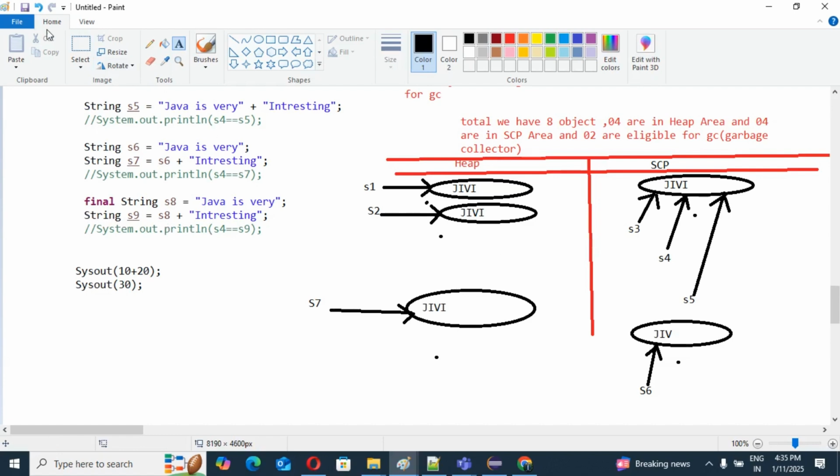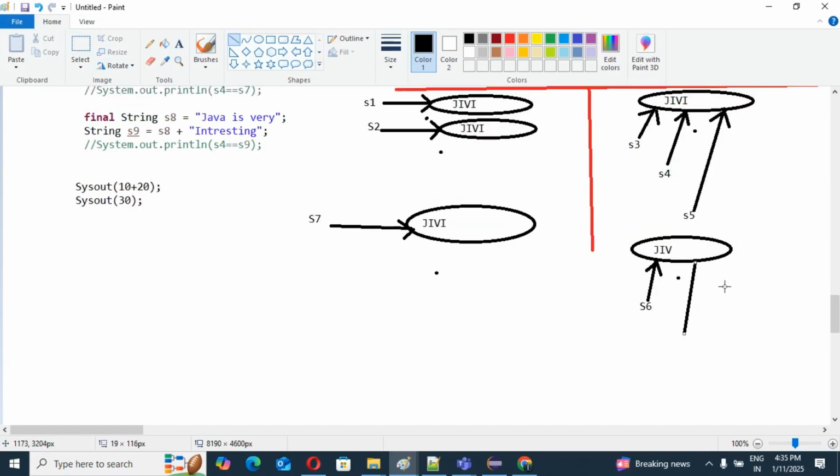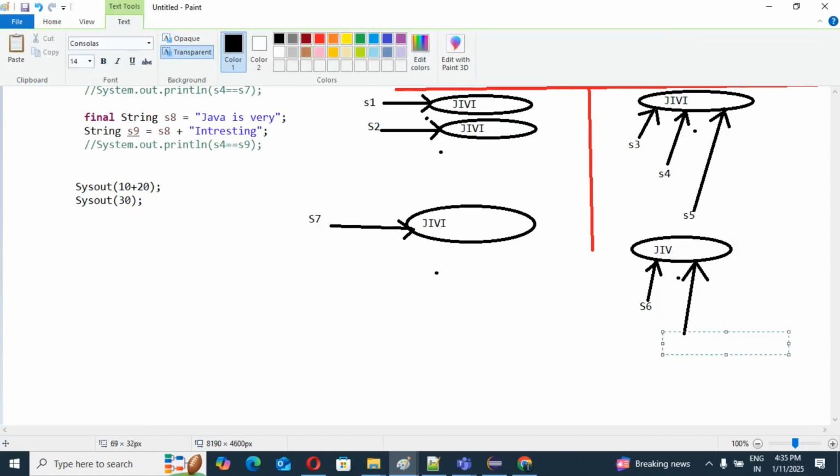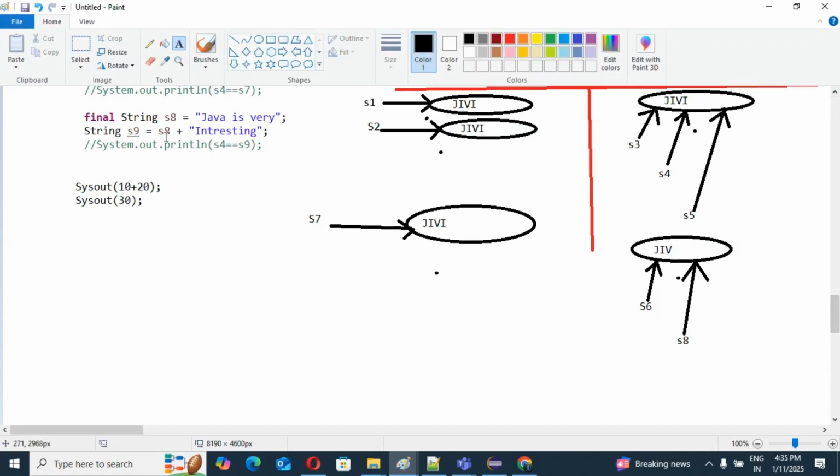So I am going to point to this object as S8. "Java is very" is an already available object in our SCP area, so we directly point to the same. Both references are pointing to the same object as of now.